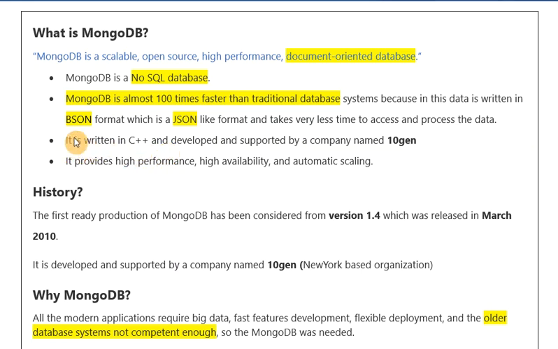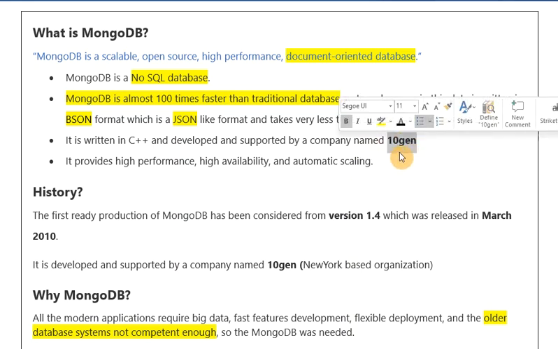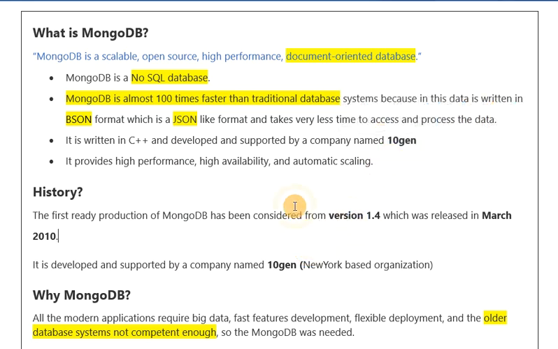Now see, it is primarily written in C++, and the complete MongoDB is developed and supported by the company 10gen. This company is, you can say, a New York-based organization. They started it and released their first